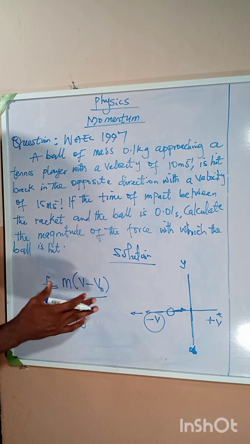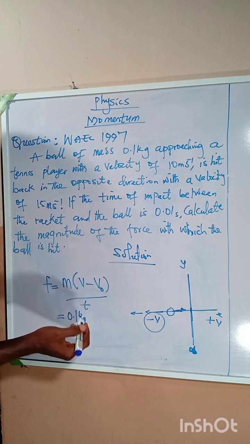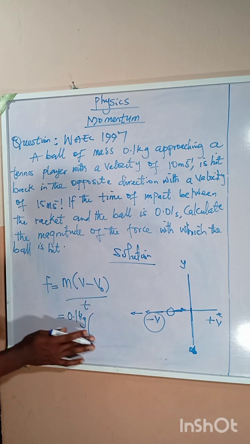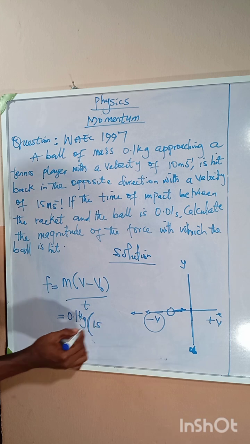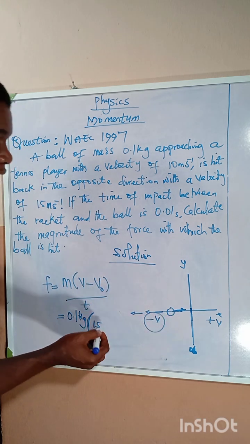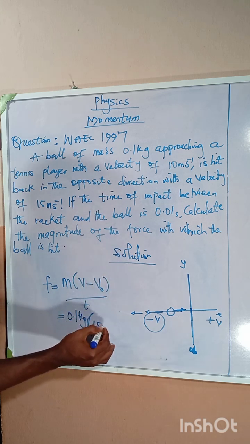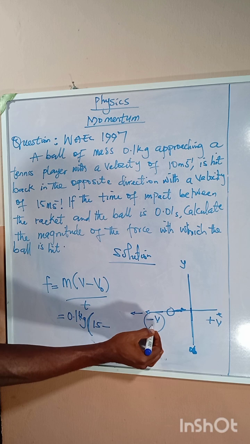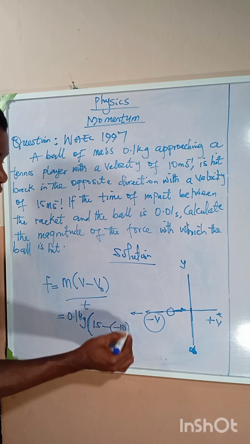This particular formula comes from the third law of motion, and we have a velocity which is 15. That is the velocity of the racket with which the ball was hit, minus, now due to the conservation of momentum and the opposite reaction of the initial velocity of the ball, we are going to now say negative 10